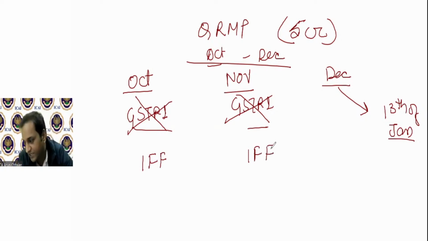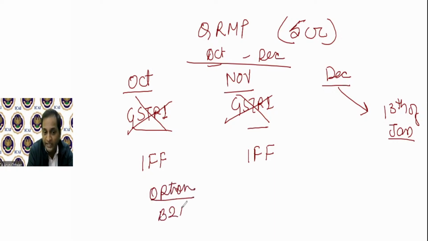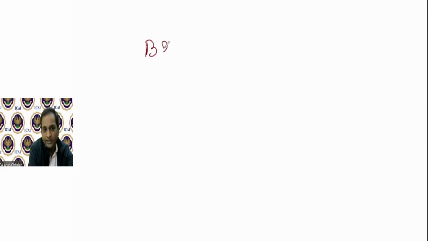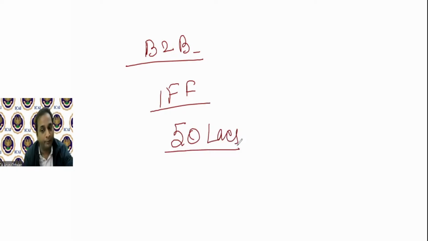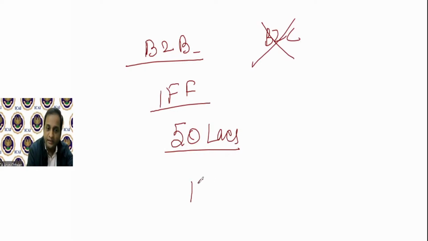इनवॉइस फर्निशिंग फैसिलिटी। ये मंथली है, क्वार्टरली नहीं है। क्वार्टरली टैक्स पेयर के लिए GSTR-1 चूंकि क्वार्टर के बाद आएगा, देयरफॉर फॉर मंथ 1 एंड मंथ 2 they have the option to upload the B2B transaction. B2B रजिस्टर्ड टू रजिस्टर्ड पार्टी के ट्रांजेक्शन को अपलोड करने के लिए IFF कैन बी यूज्ड बाय द QRMP टैक्स पेयर। यहां पे लिमिट है मैक्सिमम 50 लाख की आउटवर्ड सप्लाई आप रिपोर्ट कर सकते हैं। B2C है, आप उसको रिपोर्ट नहीं कर सकते। ड्यू डेट क्या है? 13th आफ्टर द एंड ऑफ द मंथ।